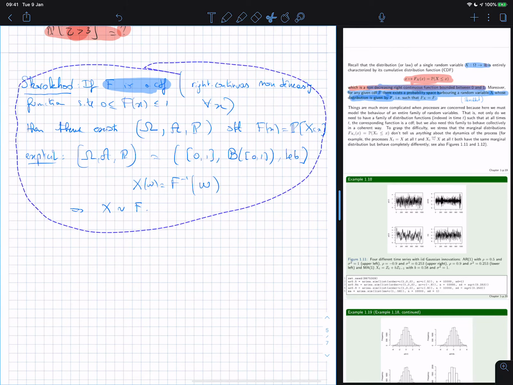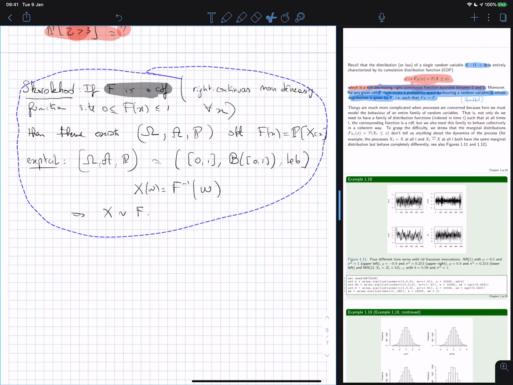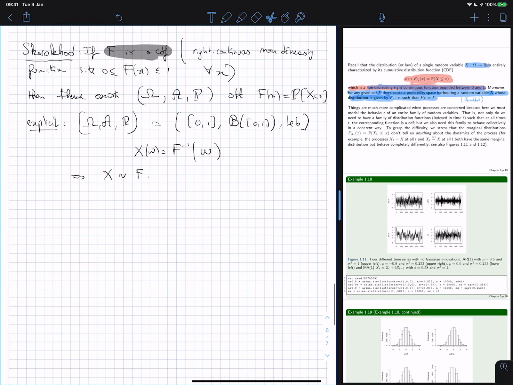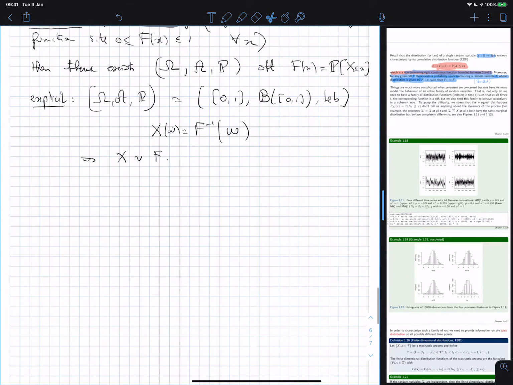I'm sorry, I'll go back to black. So in one dimension we know everything. It's quite an easy theorem that you can prove in first year, probably in the courses for the math students. For the engineers, well, you use this